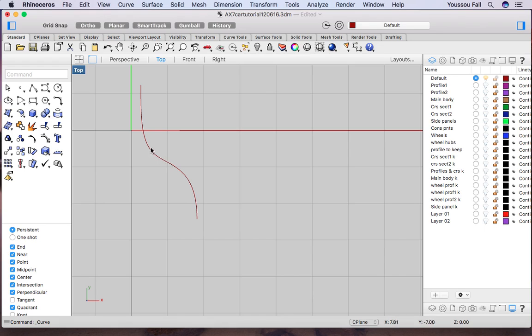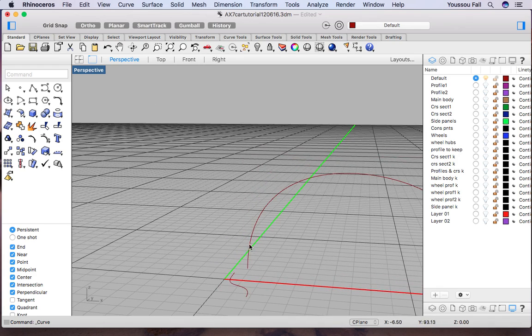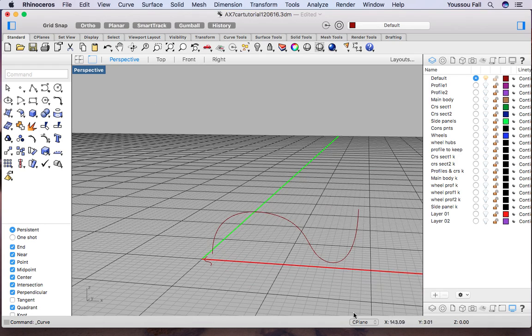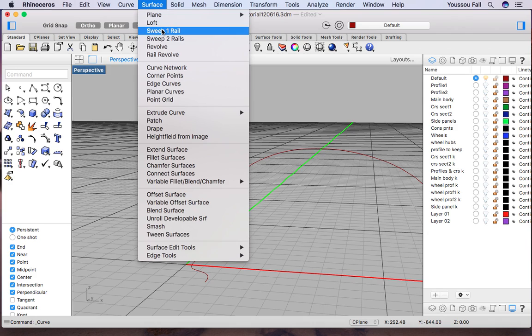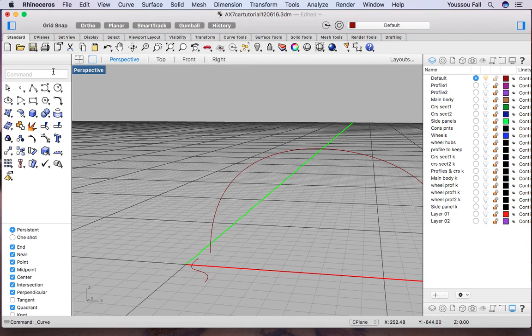Okay, so I have this curve. I'm going to go to perspective view so you can see. I wanted to create a surface that follows this profile and has the shape. Now sweep 1 would be the best tool to use. You can click it right on the surface, or you can just type sweep 1,